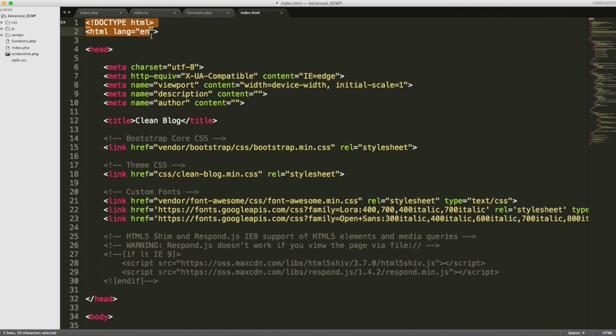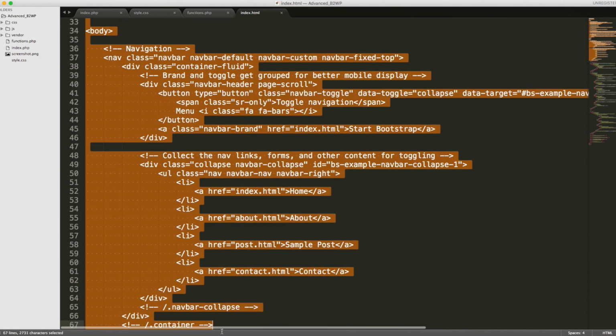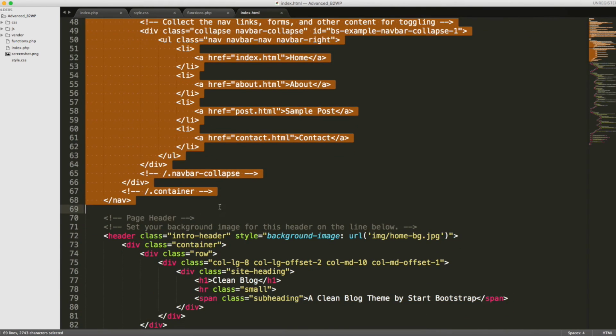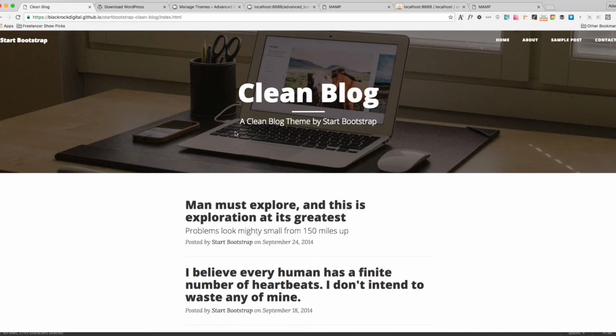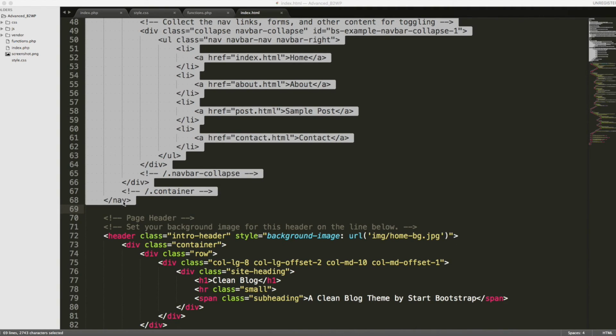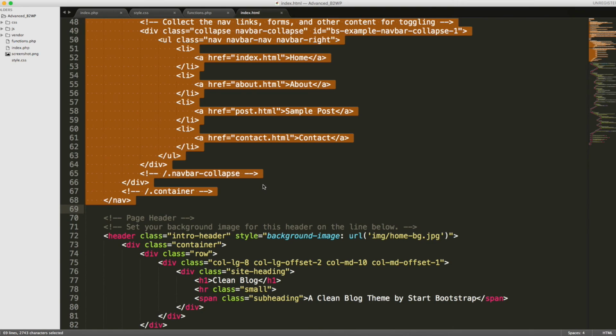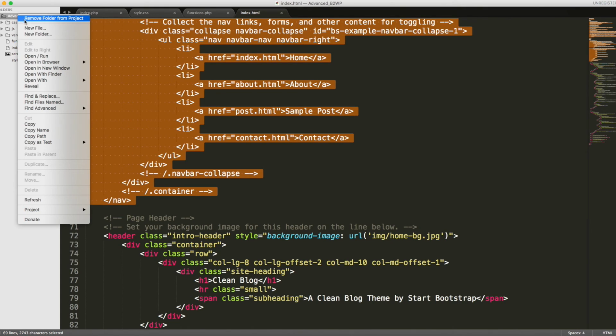So we'll go ahead and copy through all the way to the nav, as that's a good way to figure out from here. You can see we've got the Start Bootstrap logo and this home, about, and obviously we'd want all of our head content that has all of our style sheets and title tags and other stuff like that to be the header of all of our pages. So we'll need to grab this nav as well and then go back to the code, and that's exactly where I've stopped. So I will go ahead and copy, and now I need to add a file